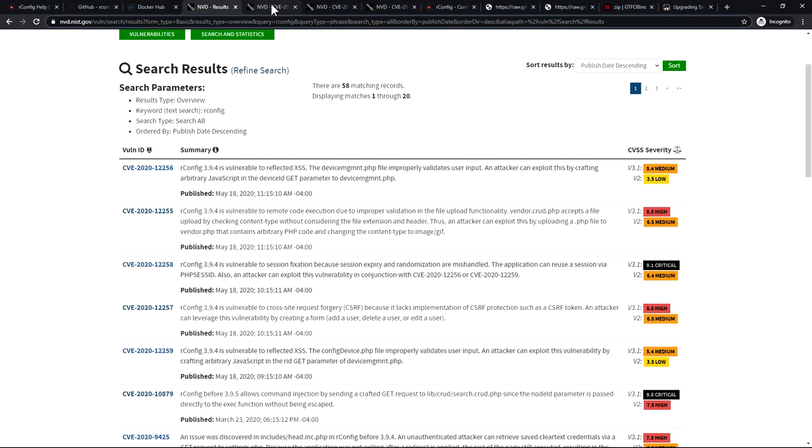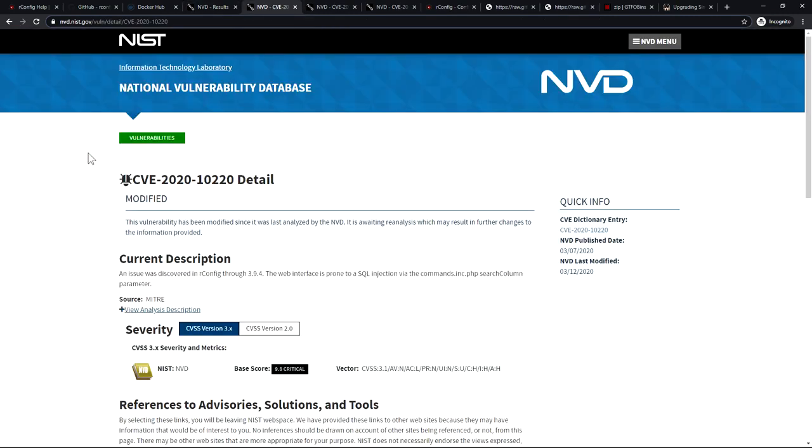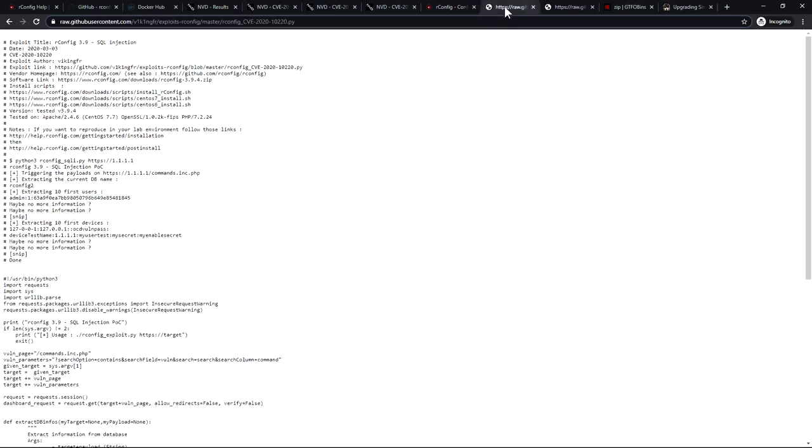At this point, we are going to exploit the first vulnerability, that is SQL injection. The author has also provided a POC to extract the user credentials. This is the POC that the author has provided, and I'm going to extract the user credentials directly using this POC. For that, let me copy this.